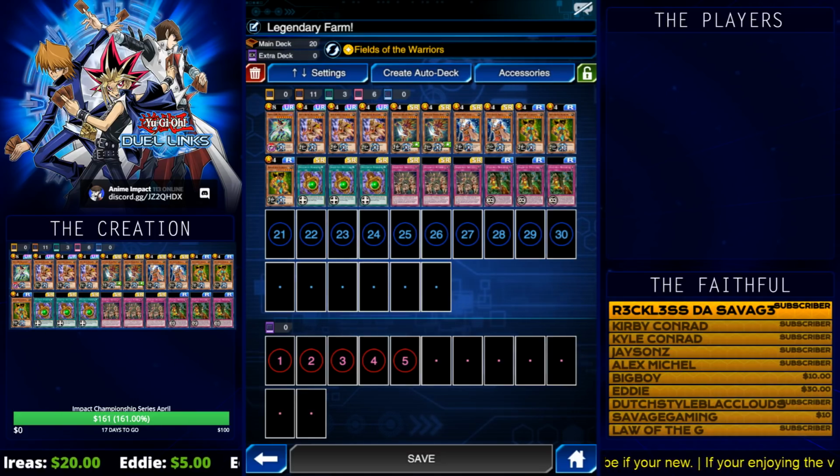And when she's special summoned, well, not technically special summoned, when she's tribute summoned to the field with Fields of the Warrior skill, she's going to be at 2100 defense, 2900 attack, and she completely nukes your opponent's back row. So very good tech,